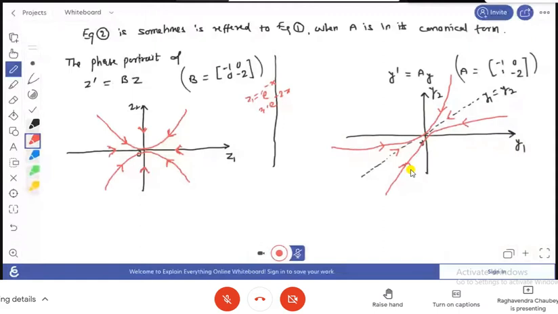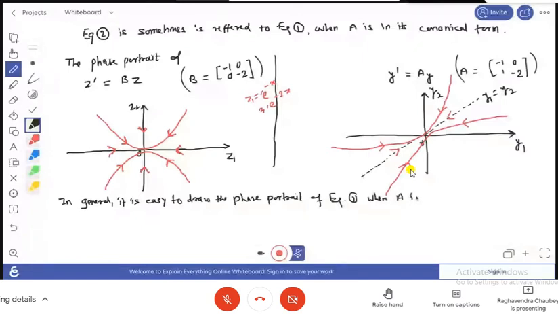ठीक है। तो इसी को अगर हम कन्वर्स पार्ट में ले जाएं। So in general, it is easy to draw the face portrait of equation first when A is in its canonical form, okay। तो ये आपके लिए इजी होगा जब ये आपके कैनोनिकल फॉर्म में होगी, ठीक है। So when A is in canonical form, okay, तो यहाँ पे